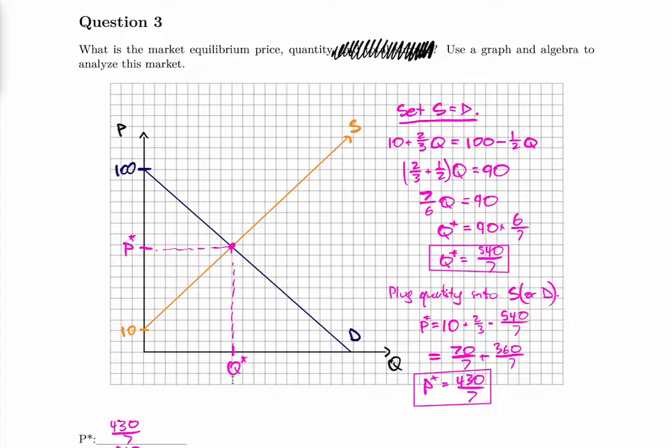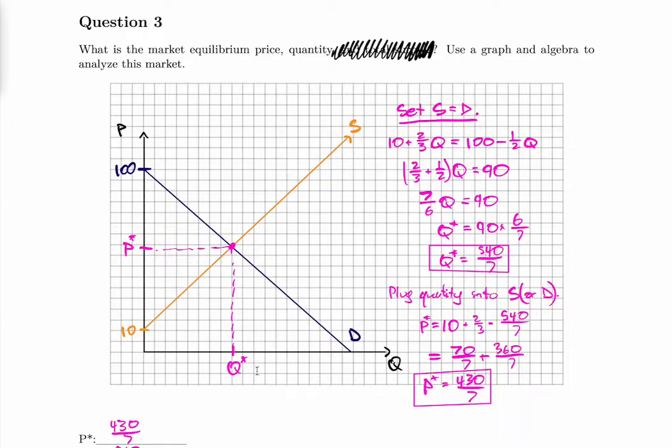So buyers and sellers are buying and selling exactly the same quantity at this price, which means every buyer who walks into the market looking for something to buy at this price is able to find what they're looking for, and every seller who brings their goods to market, expecting this price, is able to sell everything they brought. So that's what we call market clearing,